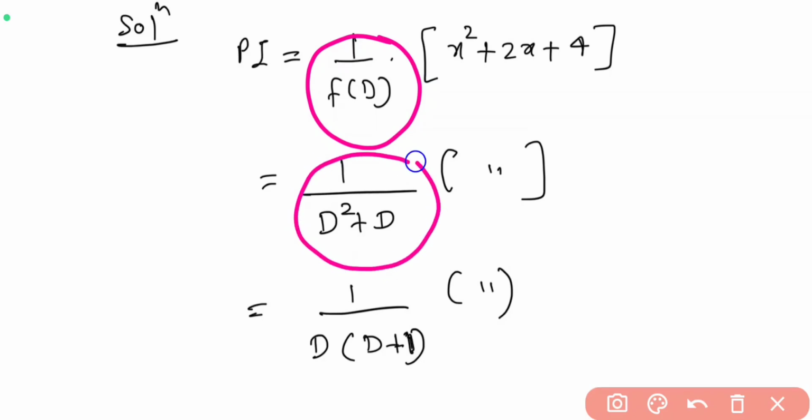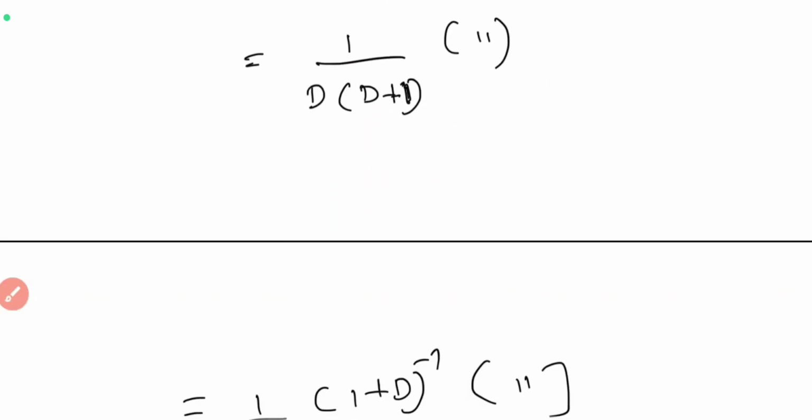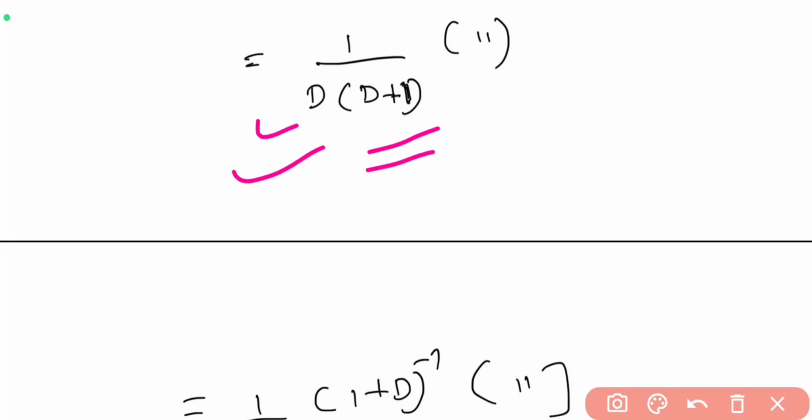How is it 1 by d square plus d? Take y common, whatever is remaining, that is d square plus d. Now in that d square plus d you take d common, so it became d into the bracket d plus 1. Now this 1 by d you leave as it is, and this d plus 1 is there, that you take up,